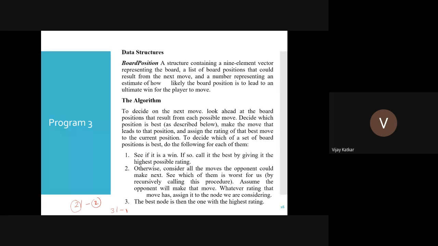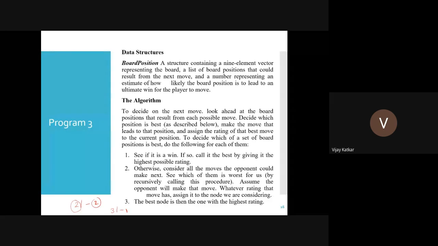Here the user is looking into the future: what can be the state after one move, what can be the state after two moves, what can be the state after three moves, something like that. Based on that, it takes a decision about which move should be considered. So this is a better AI.